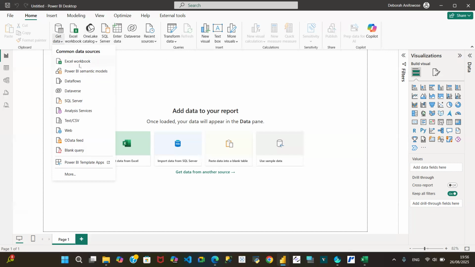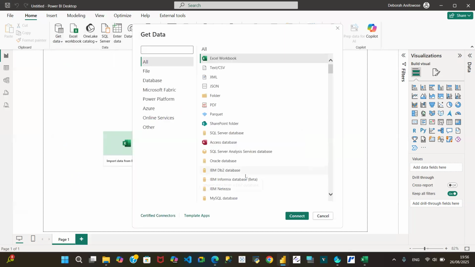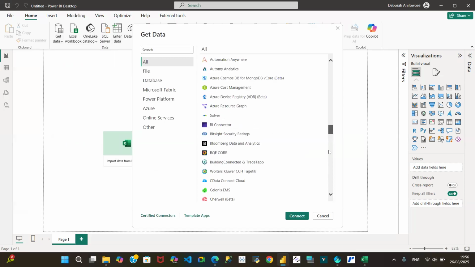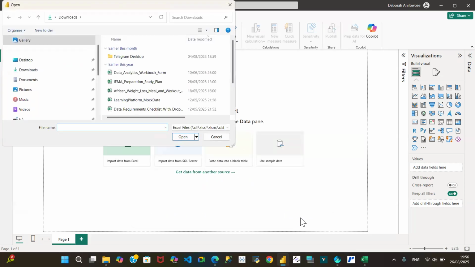Okay. But ours is Excel workbook, and there's more here telling you that the list does not end there. There's quite a long list of data sources within Power BI, which is one of the reasons why Power BI is quite versatile, used by many organizations. Okay, so I'm clicking on Excel workbook, and I want to connect into